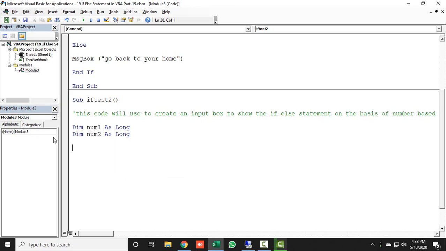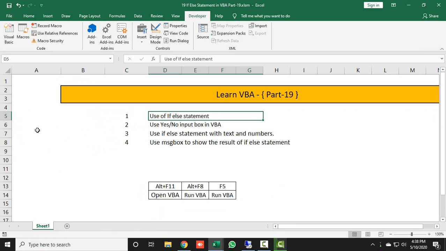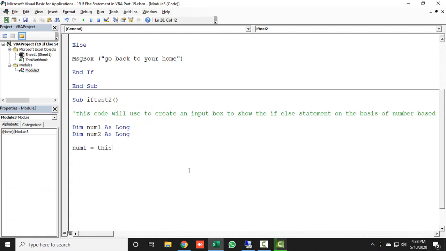So let's define the first variable's work. Let's say num1 is equal to, and this time I will go to our worksheet and type any data. This time the sheet name is Sheet1. So here I will type a code, ThisWorkbook.Sheets. You can also put any message, you can take an input box, you can take a message box, or you can go directly to your worksheet, to your cell or your range. So I'm just going to my range, and here I will open the bracket and type the Sheet1